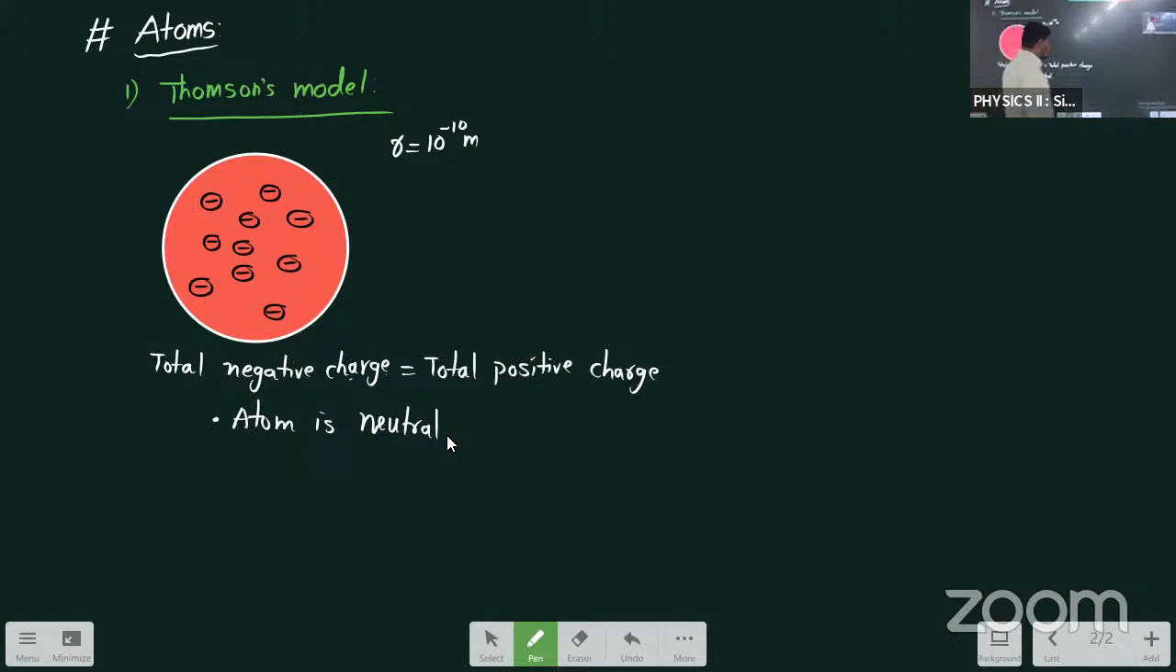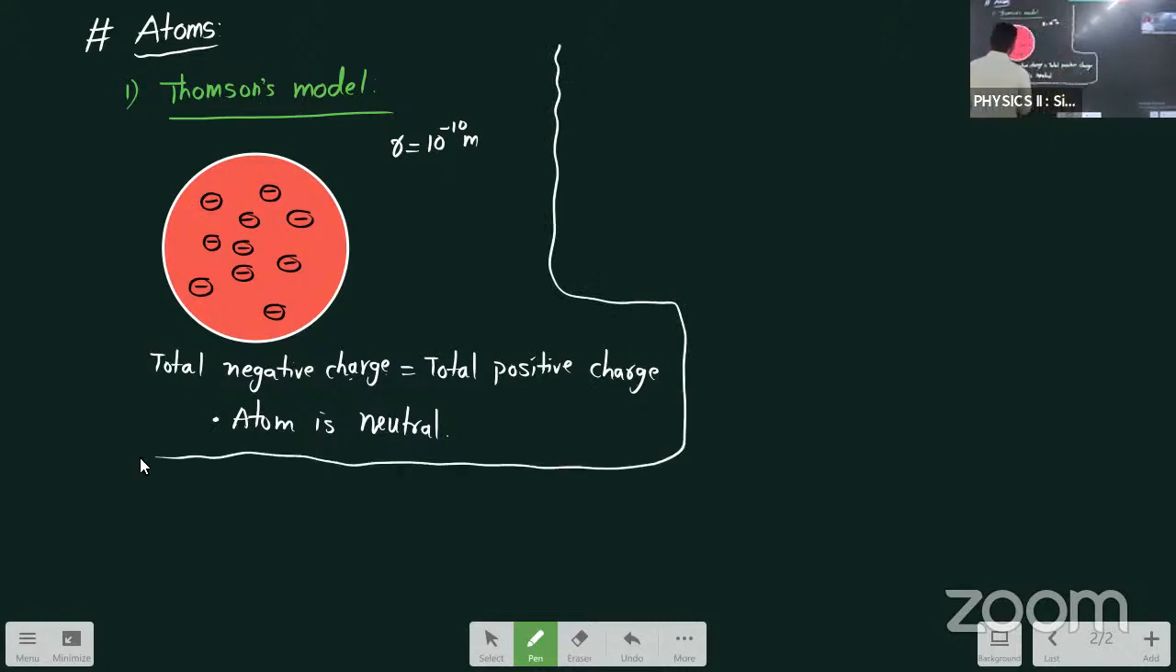After this, Rutherford was performing an alpha scattering experiment. See here, this is the failure of Thomson's model. Rutherford was performing an alpha scattering experiment. As Thomson said that the entire sphere is positively charged, and alpha particle is also positively charged, when Rutherford was performing this one particular experiment,